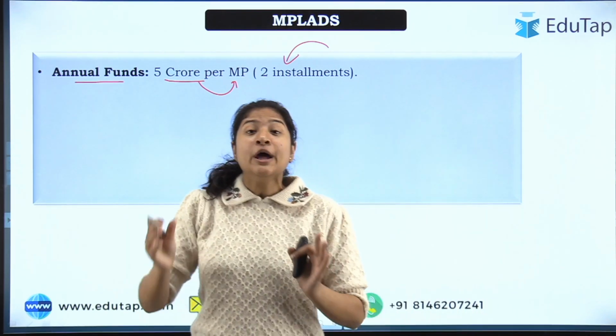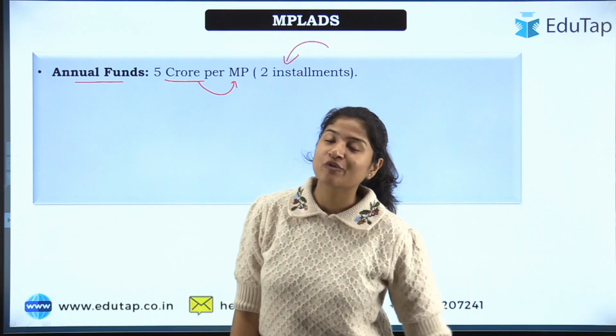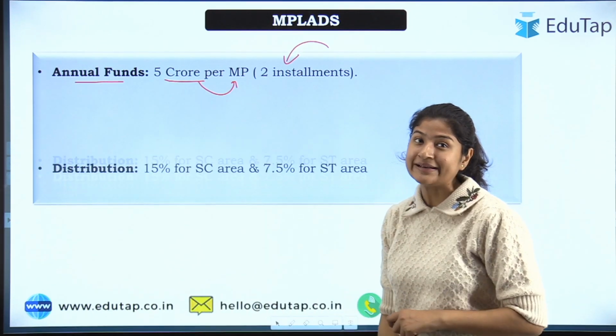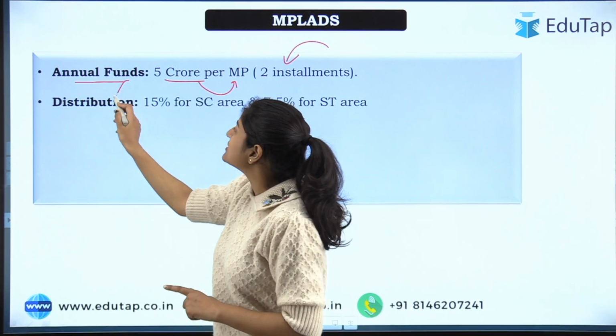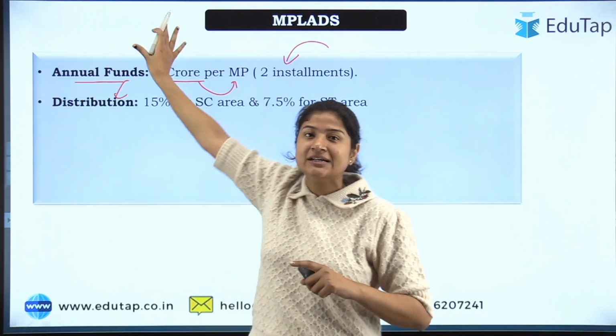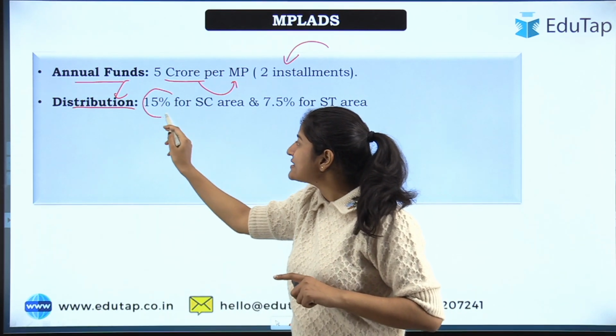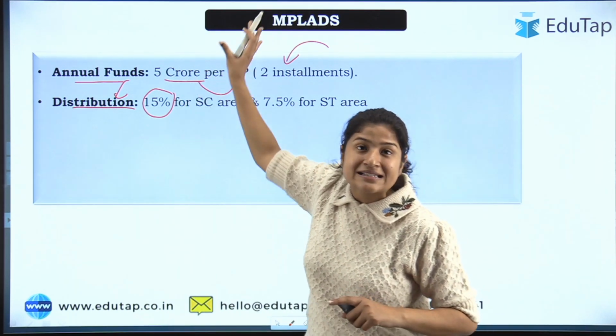Basically, what does it mean? 2.5 crore will be given at one time, and then 2.5 crore will be given in the second installment, right? And how will this annual fund be distributed? See, annual here means every financial year this will be given, and in the distribution of this money, at least 15% of this amount